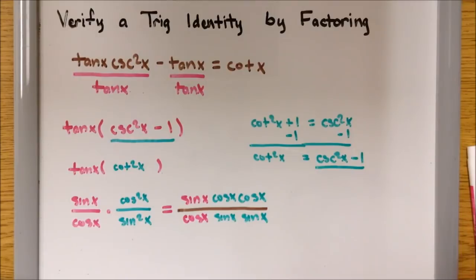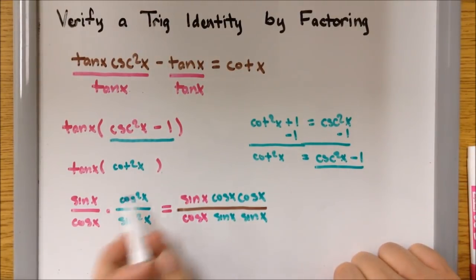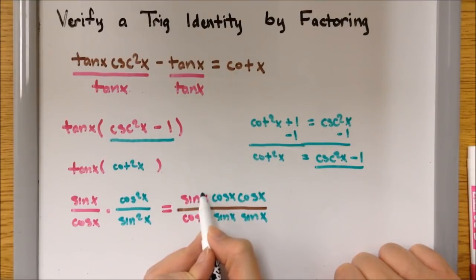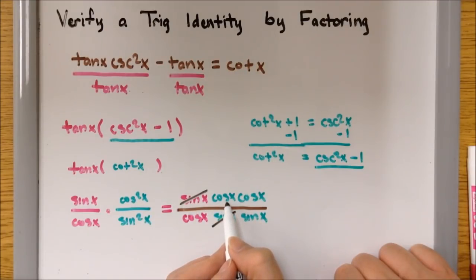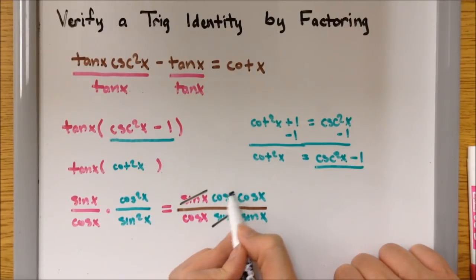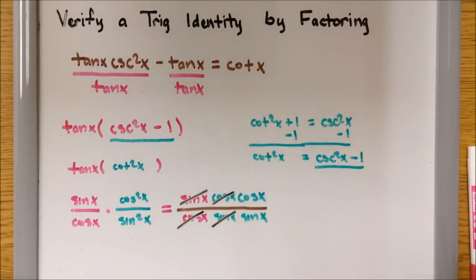Now at this point, that's when we divide common factors. I see one sine on the top and one sine on the bottom, so I'm going to divide one sine x from the numerator and denominator. And then there's one cosine of x in the numerator and one in the denominator, so one from the top, one from the bottom. The only thing that's left